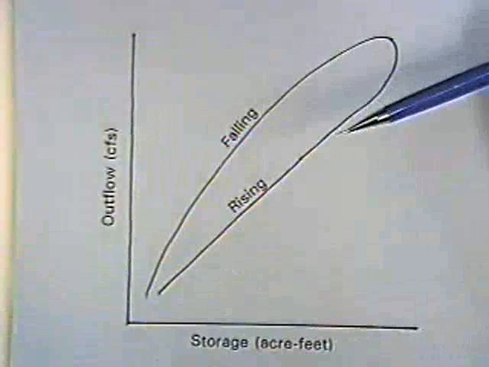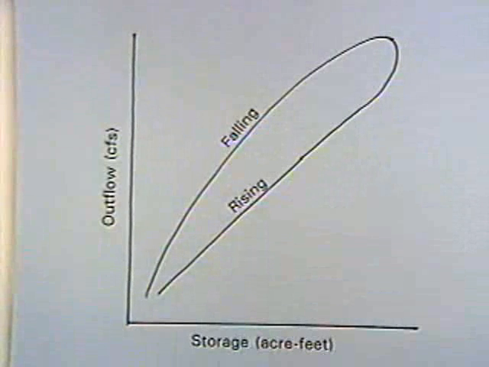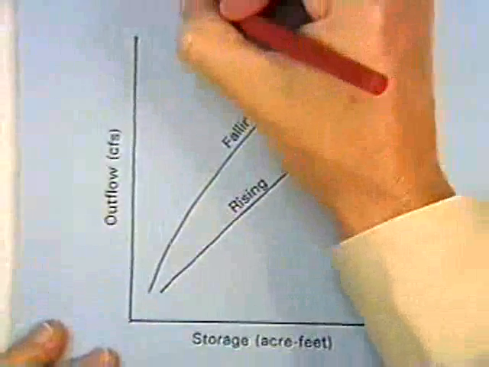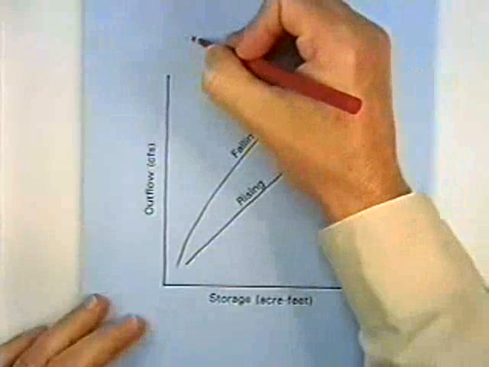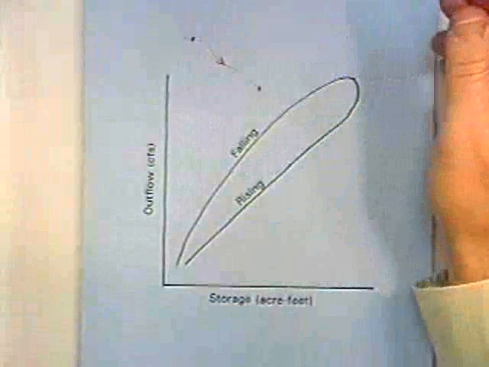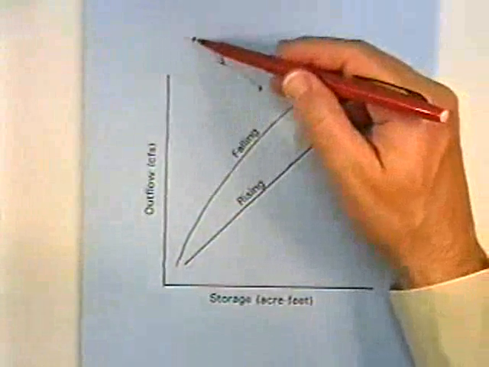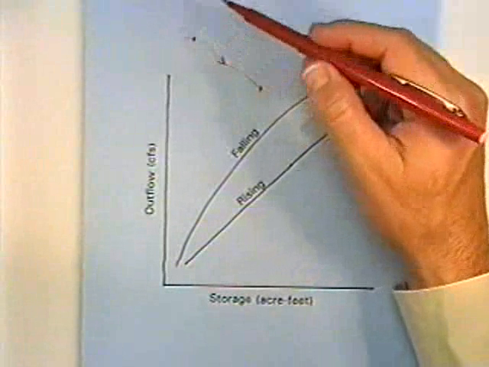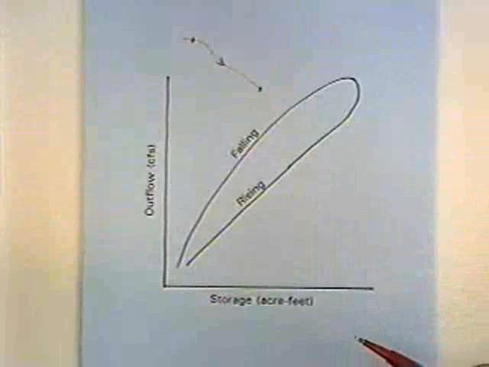And you get a phenomenon called a looped rating curve, which is illustrated here. What this curve says, for example, if you were sitting on the bank of a river, and let me draw a river right up here in the corner. Here's upstream, this is just a river, the water's flowing downstream, and maybe there's a dam here, you're making releases to generate hydroelectric power, or maybe there's a precipitation event, you're doing some flood control drainage work, and for a given rainfall for a design storm, you got some flood hydrograph here, and you want to compute the flood hydrograph downstream. Well, what happens to you is that